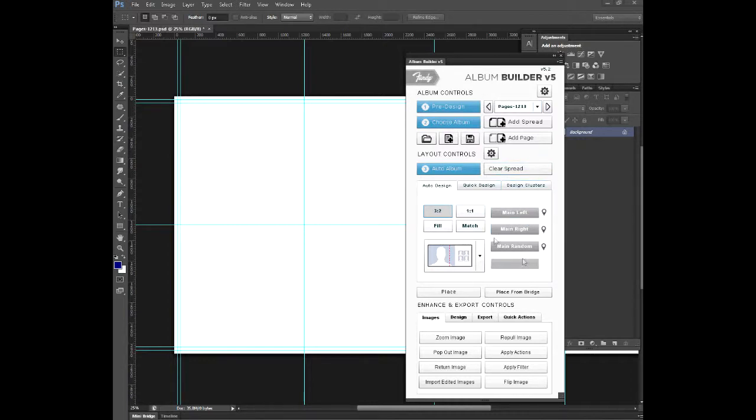Okay, so here we are. We have our three images selected in Bridge, and we're going to re-pull those images into the spread here. So this is the basic layout that we want to have. Let's do this one here. Okay, main right. So I just clicked it, and you can see over here in the background,